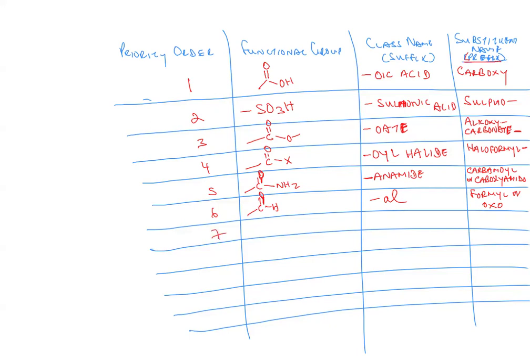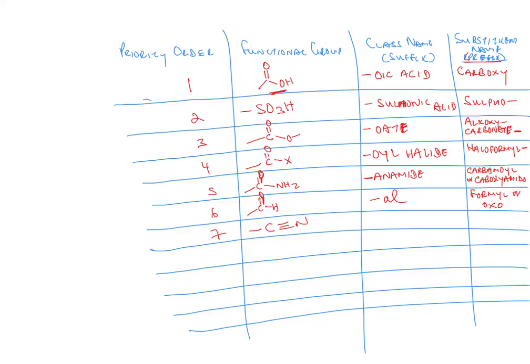Seventh in the order. So the first, if you have a functional group, if you have a chain that has a carboxylic acid group here, the number one, then you use that as the main chain and give priority to that functional group. Okay. That's why this order, that's what it means. Okay. So the next seventh one is